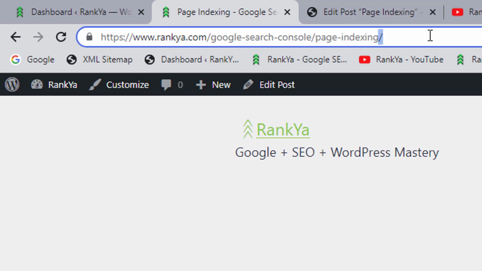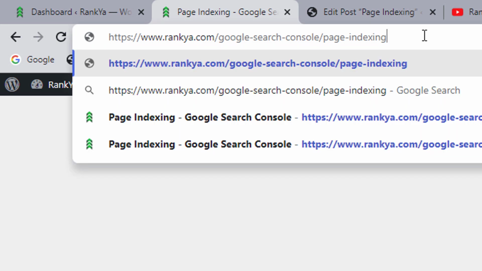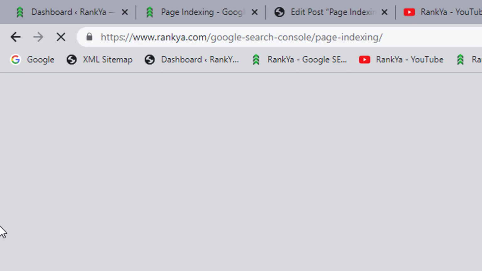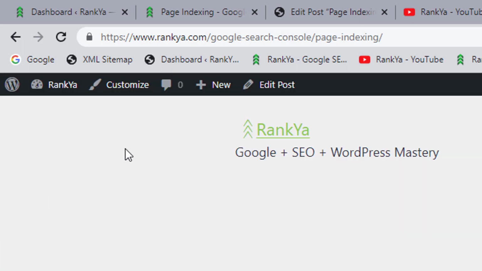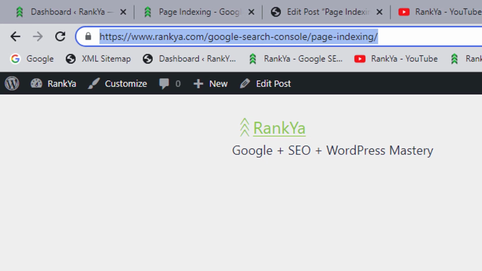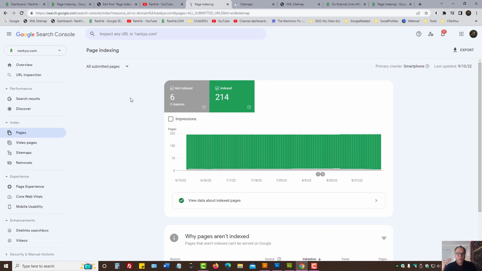Let's also take a look at this example. Let's remove that / from the URL structure. Let's remove it. And now, let's open up a new tab and visit that URL without the /. Now, as you can see, that has been redirected to the URL structure that my website uses. So, once we understand that,